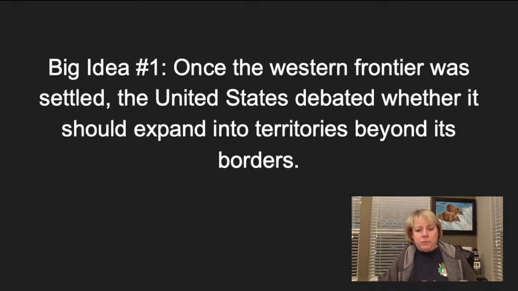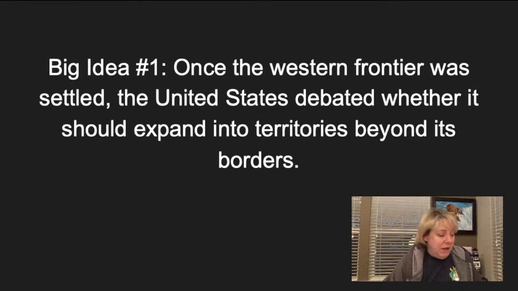So essentially we're going to look at why we expanded beyond our borders. Now, we started early. We started in 1867, and we often overlook that. That's when we annex Alaska into our country, and we're going to purchase Alaska. It was nicknamed Seward's Folly, because a lot of people thought it was just one big polar icebox, and what value could it possibly have to the United States? I mean, there was some value because we just paid $7.2 million for it. Well, William Seward, the Secretary of State, is going to have the last laugh, because I don't even know if he was alive to see this, I doubt that, but what's going to happen is